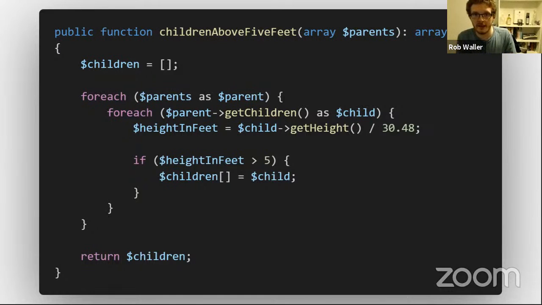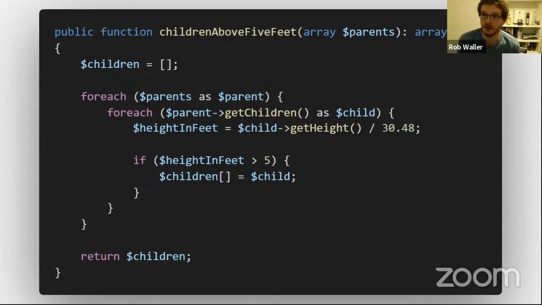Now, this code, if you ran it against a cyclomatic complexity check, would only get a score of 4. We've got the method signature, we've then got 2 for each control structure, and we've got an if statement. So we get a score of 4, which is pretty good, right? It's not too complex. And if this was standalone code, if this was some sort of tiny microservice existing on its own, and you're working in a small team, this probably isn't a problem.